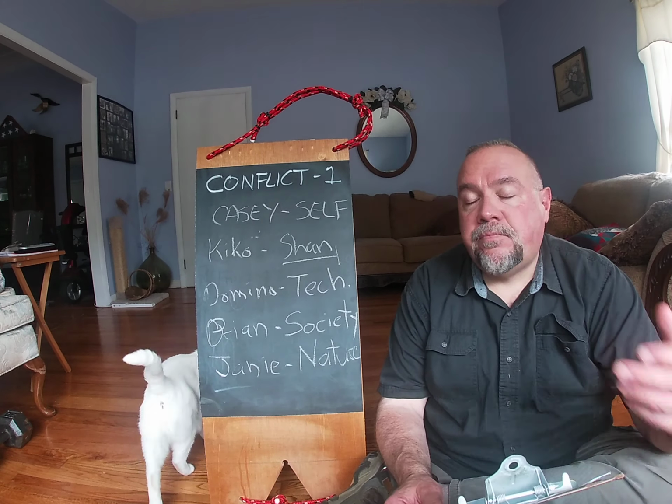Antagonist is the force or thing or person that the main character is up against. Number one, after breaking his mother's favorite vase, Casey struggles to decide whether he should tell his mother the truth or hide his mistake and blame the family dog. Well, in this case, the protagonist is Casey, and what's going on? He's got a conflict of conscience. Do I lie to mom or tell the truth? So it's Casey versus Casey. So for the first one, it's Casey versus himself.